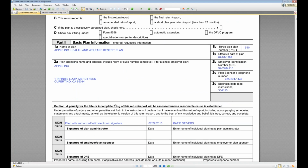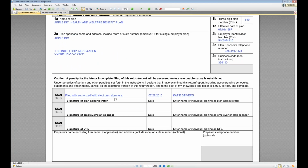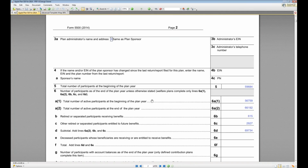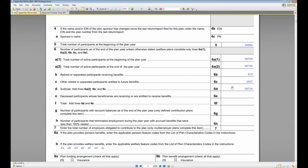The first 2 pages of the Form 5500 are just the base tax form. You see the electronic filing authorization at the bottom. This one was filed July 27th, 2015, 4 days before the deadline. And as we go to page 2, you'll see that there are participant counts for the plans. In this case, the number of active participants at the end of the plan year was 66,000, which is obviously